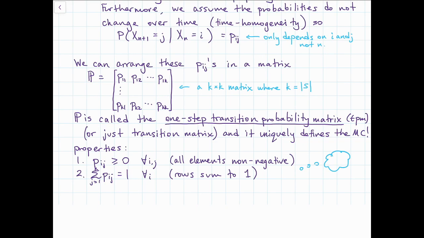Number one is pretty obvious. They're all probabilities, and probabilities are non-negative, so boom, done. Axiom 1, I think. The second one's a little more interesting. Pij is the probability of going from state i to state j. And we have to go somewhere, right? If we're in state i at step n, we have to be somewhere at step n plus 1. So if we add up over all of the possible places we can be at step n plus 1, that will give us 1. So it's kind of like, I guess, axiom 2 and the additivity axiom. If we add up all of the possible places we could be, we have to be somewhere, so that has to give us a probability of 1.